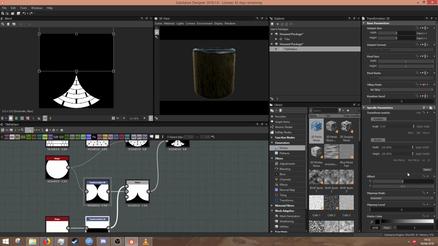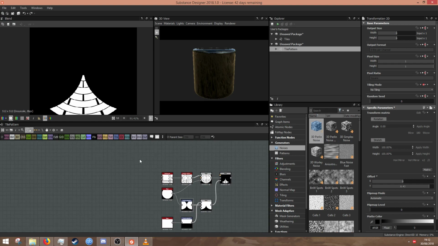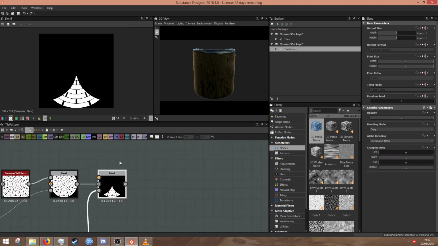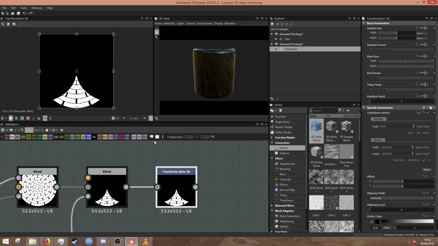I'm gonna move this square down just a little bit to get rid of that intruding tiny sliver at the top. Gonna make some space, and basically I'm going to duplicate this to form a tiling pattern. I'll make a transformation 2D node,